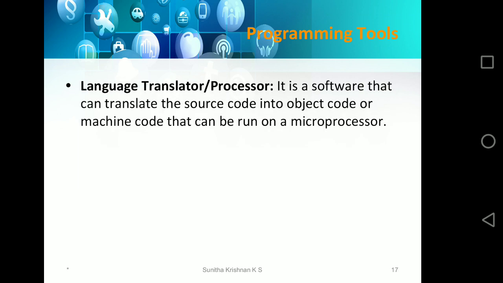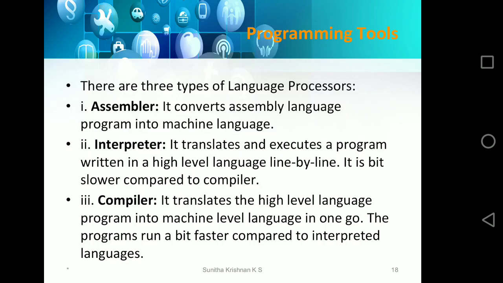The language translator or processor is the software which translates the source code to the object code, and that can be run on a microprocessor. So you have the assembler. I told you the assembler is a language translator which converts assembly language to the machine language. And you have the interpreter. See, the interpreter also does the same